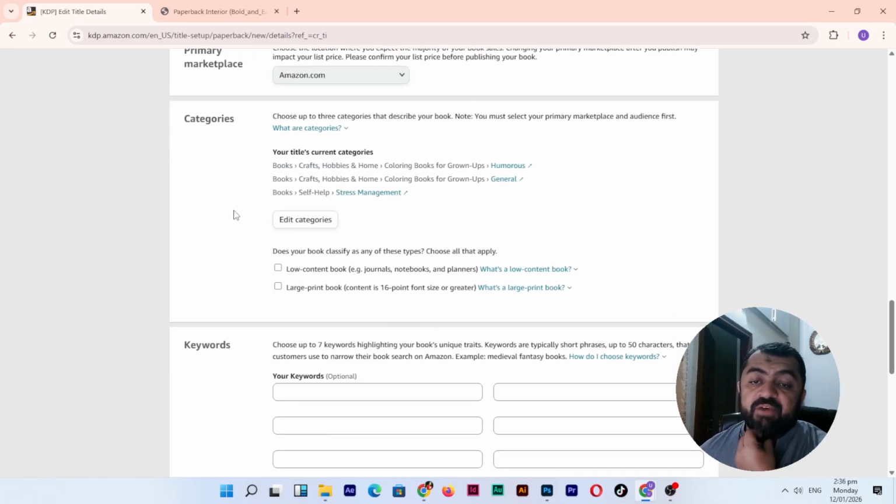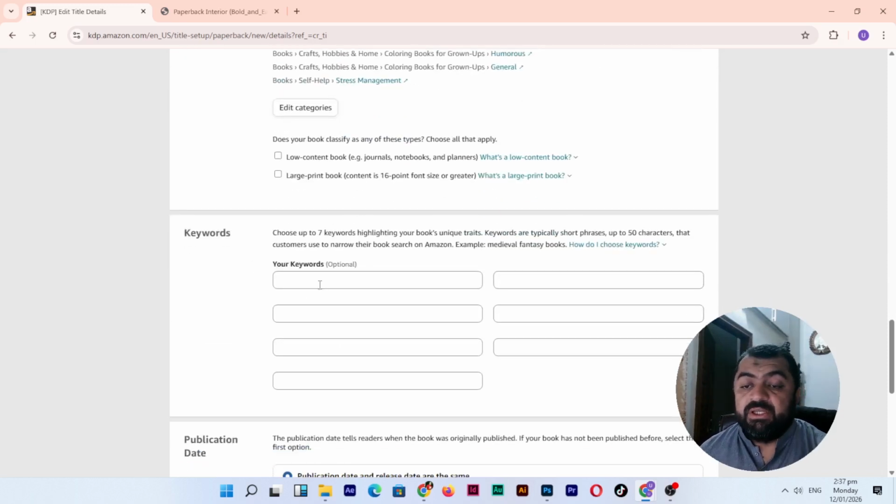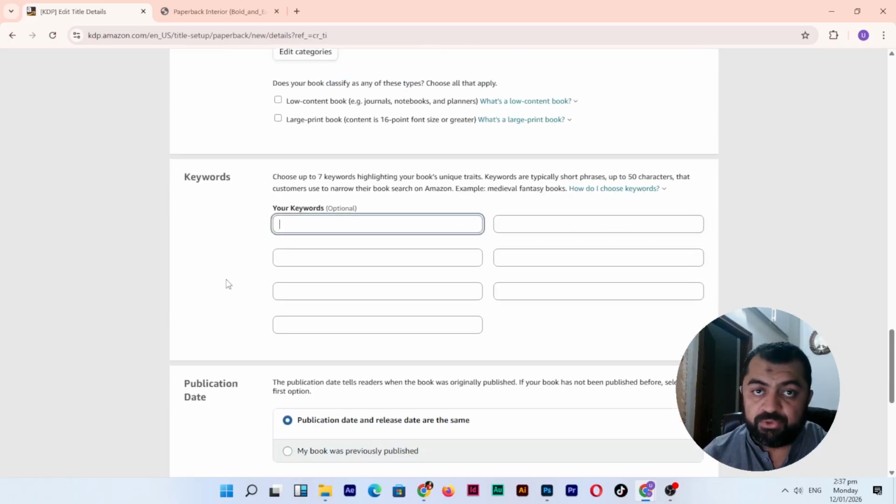So once we have done the categories step, the next is you need to mention if this is a low content book like journals, notebooks, or planners. But right now this is a coloring book, so we will not check this option. And this book also doesn't have a font size of 16 or greater, so we will also not check this option. Keywords, up to 7 keywords we need to type here